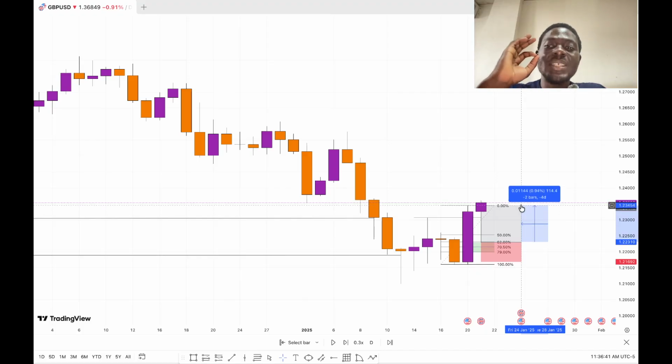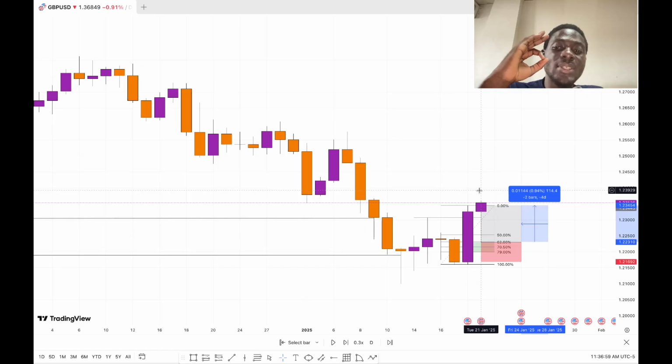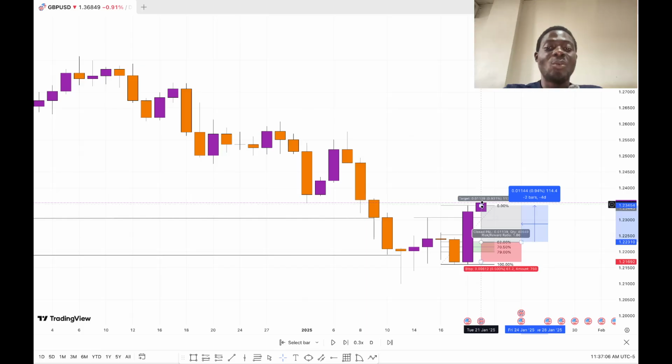That's 114 pips. That's a good amount of pips. 114 pips a day. If you make that amount of pips a day, and this was what? This was a Tuesday candle. So imagine a Tuesday candle giving you 114 pips. You see 114, you don't have to hold a position for it to reach